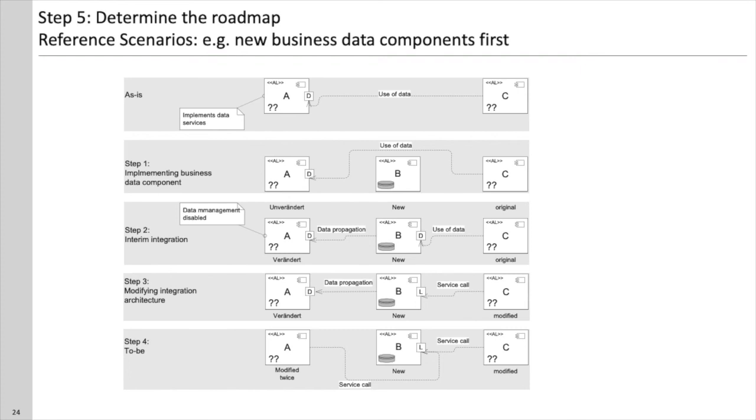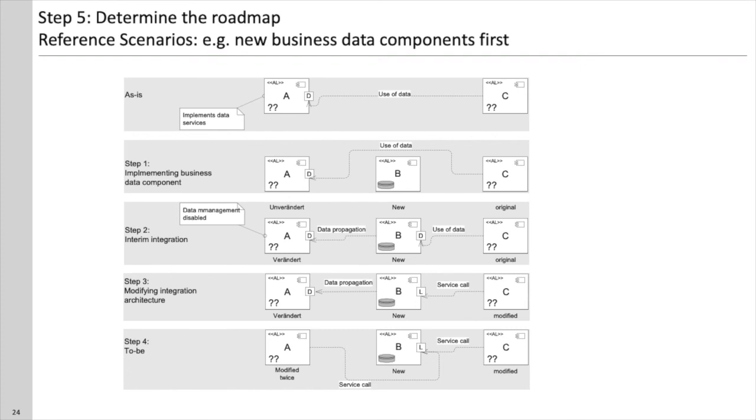So the new component now gets coupled with the old components, and the old component A will get changed. So data management, for example, will be disabled, but data propagation is still there, and the new component B now yields an interface that is used from C. Okay, so we have, as the step is called, an interim integration,